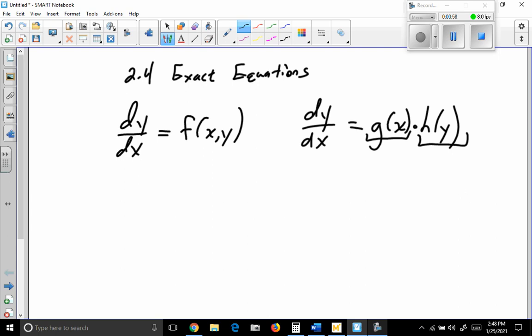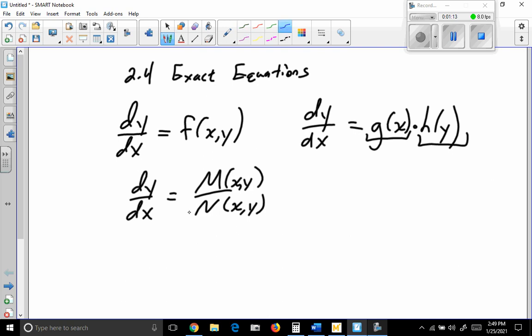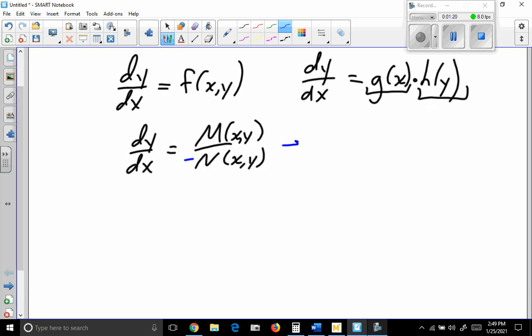and then we could integrate. Something else that can be done is, let's suppose that the right side is a quotient, and the numerator could be a function of x or y, or both x and y. And just for sake, I'm going to put a negative with one of those. If we cross multiplied or cleared fractions, we could rewrite this as M of x y dx equals minus N of x y